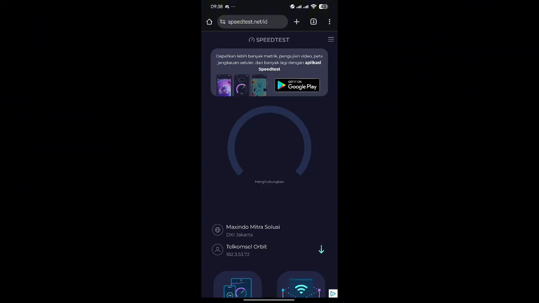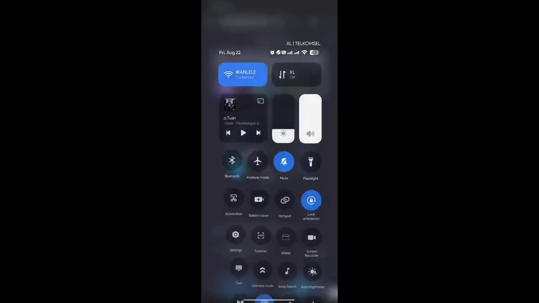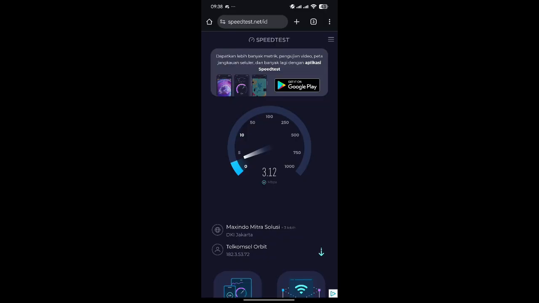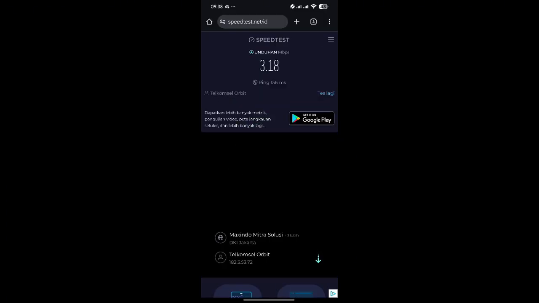Okay, we can check the speed test. The meaning is this phone can connect and get an internet connection through the MikroTik ikan lele, or MikroTik A. Thank you. That's all. Assalamualaikum warahmatullahi wabarakatuh.